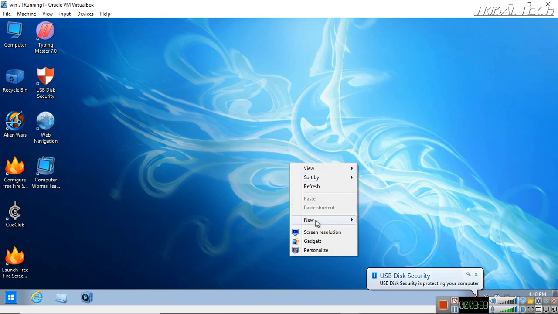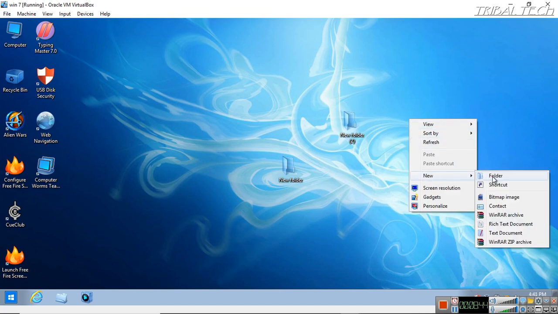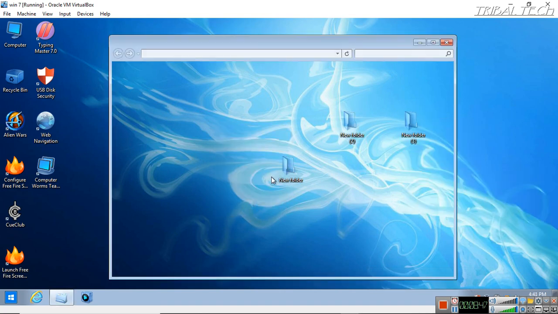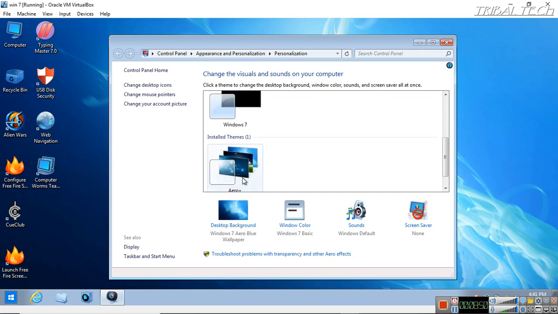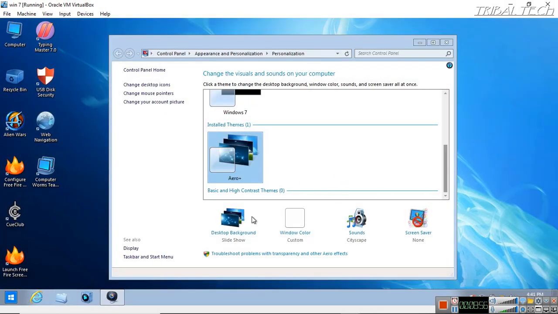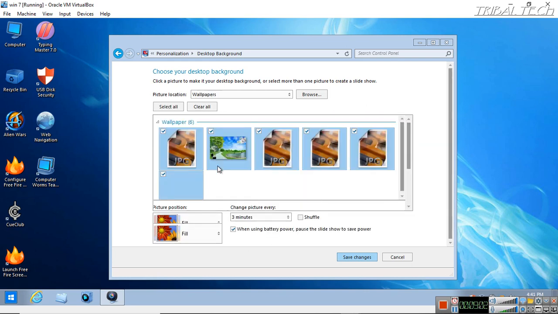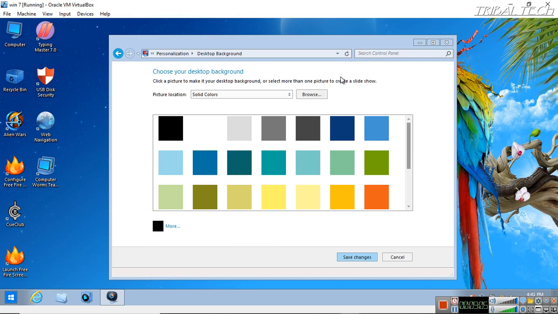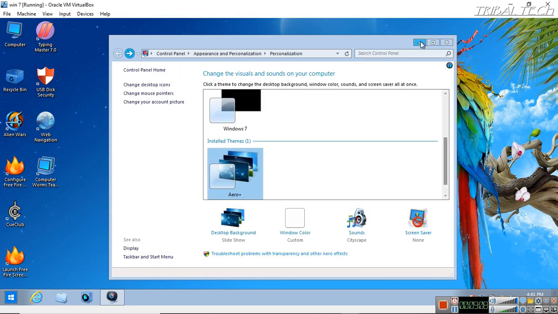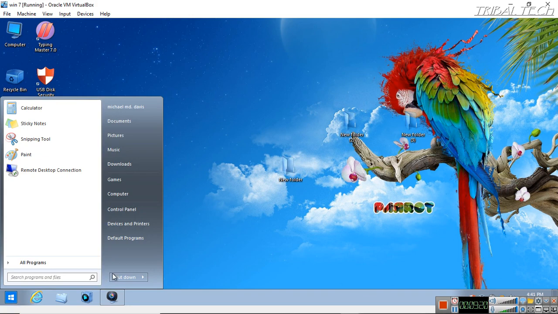So what we're going to do is create a few folders. We're going to go and personalize and change the background image. Let's change this image to something. Alright, so yeah, let's give it that and save changes. So you see we have created 3 folders, new folder, new folder 2, new folder 3, and we changed the background image. So what we're going to do is log off of this Windows,